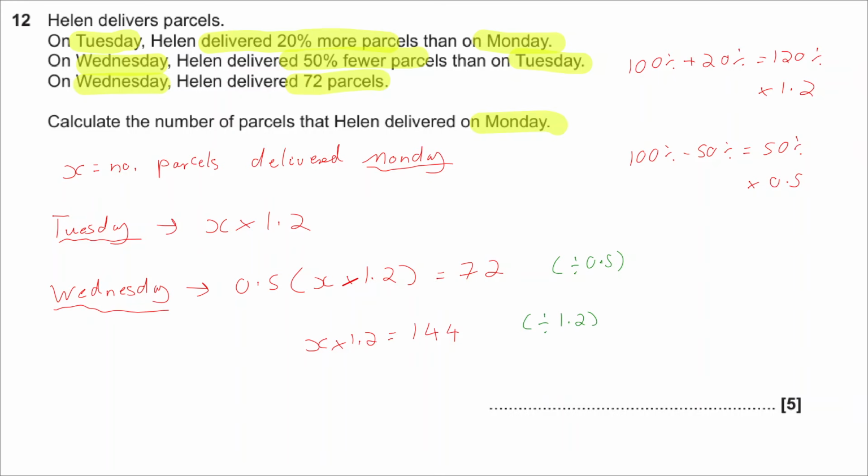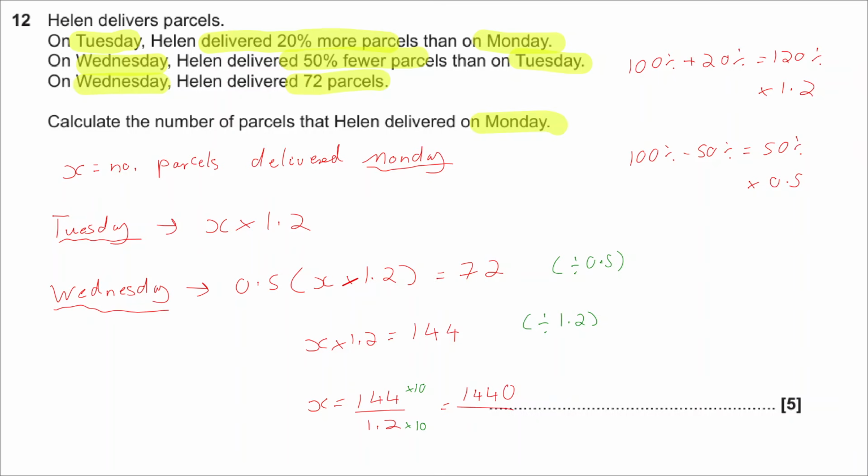Therefore, x is going to be equal to 144 divided by 1.2. Actually, I'm going to write it as a fraction because it looks a little bit nicer. Now, if you're dividing by a decimal, it's not particularly easy. Let's upscale this by timesing the top by 10, and the bottom by 10. So it's going to be equal to